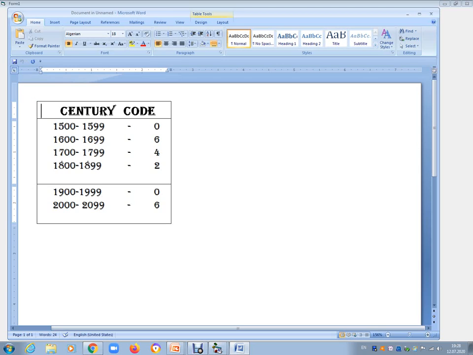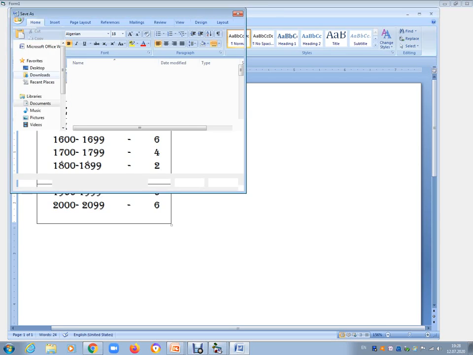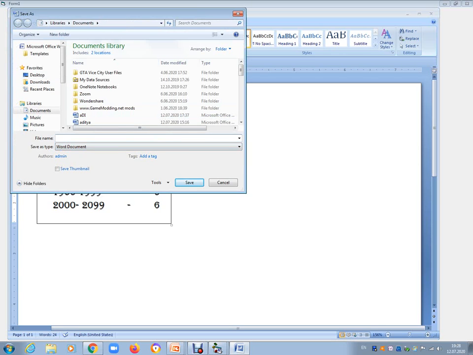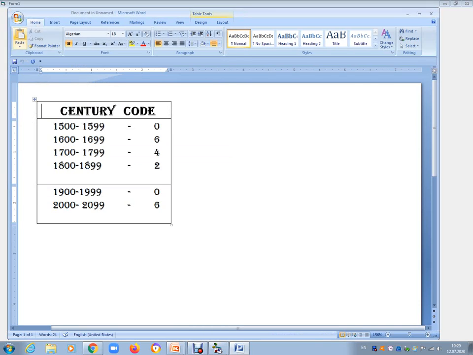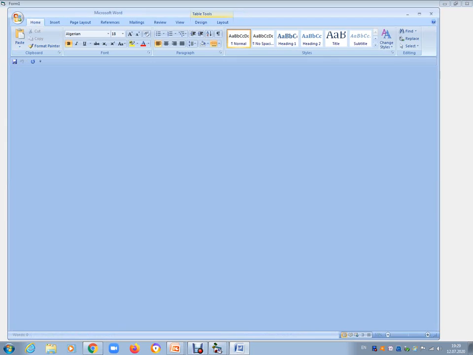If you perform any changes, you have to do them here, then click save. Give any name. Then just exit.